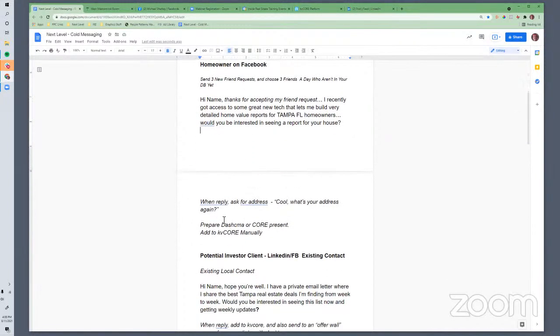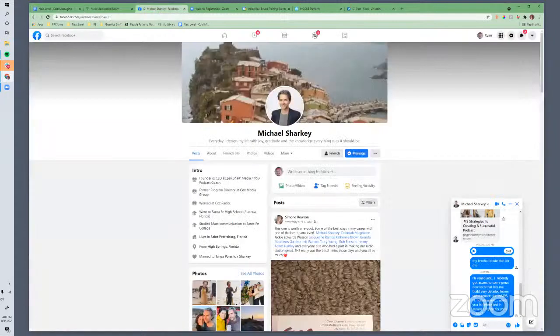I do something similar like that, where I will go in and message people in my farm. I take a look at what's the most interesting property that sold recently, or the most expensive property. That's usually the one that gets the most responses. I'll pull the most expensive property in that neighborhood, and I'll target somebody that I know lives in that